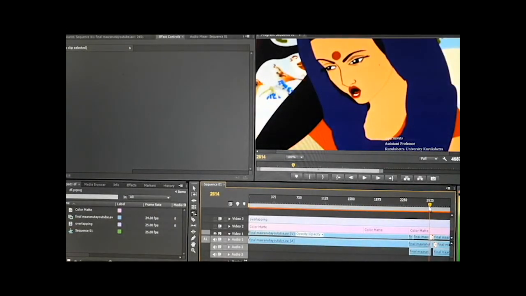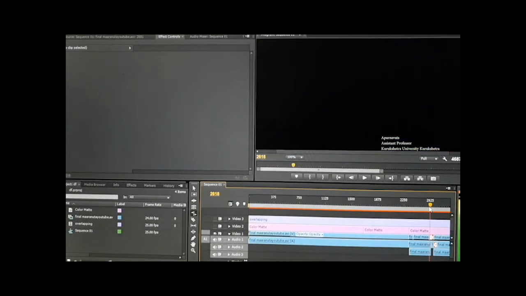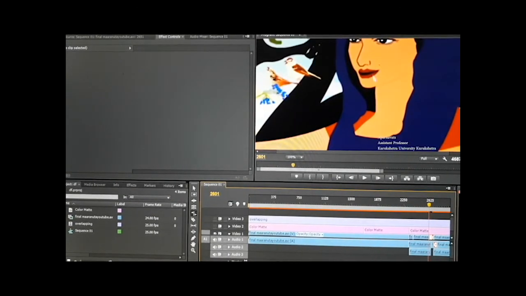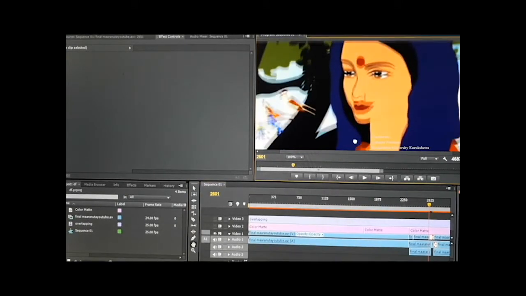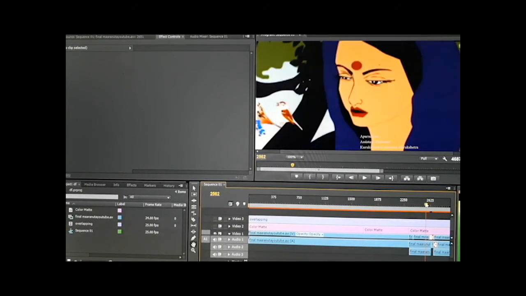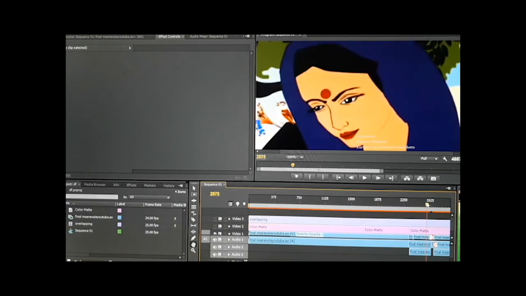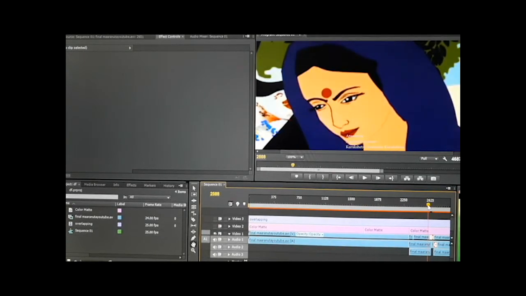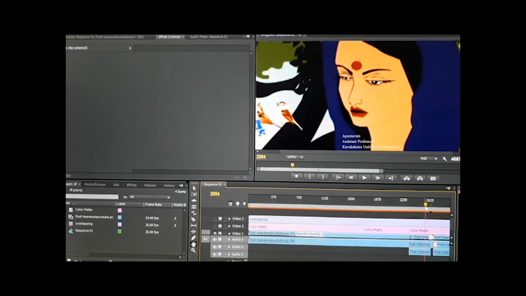Now what you can do, now this effect, see the effect. Now see the scene. This is continuity editing.